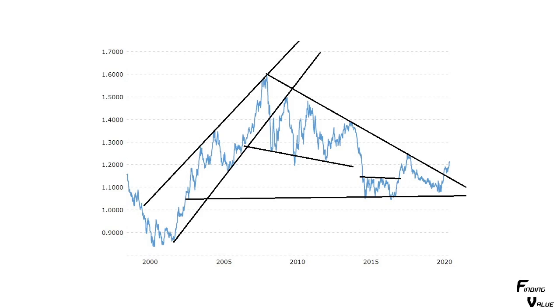So here we go. This one is the euro dollar. I didn't mark this chart, but I know what it is. If you look at this, in '98, '99, it flashed a buy signal for commodities. The dollar declined, or the euro declined, and then eventually the euro outpaced the dollar. This is the euro outpacing the dollar here. So from 2000 all the way to 2008, this was the cycle of going up where the euro outperformed the dollar.